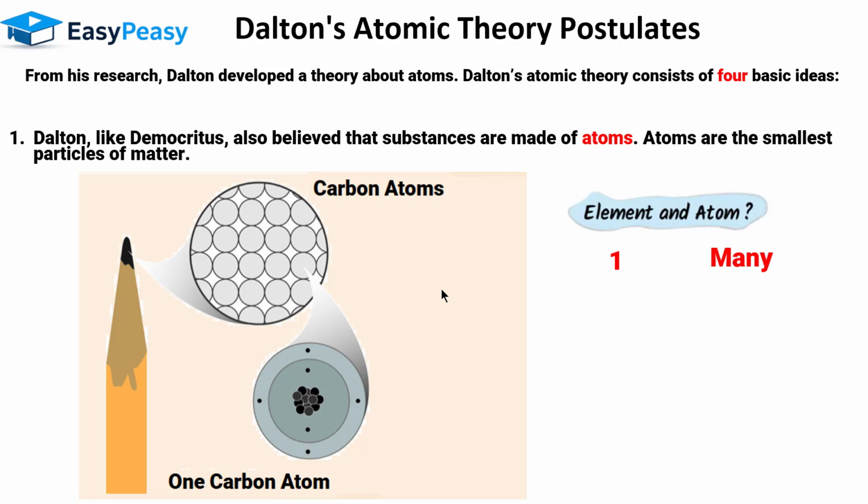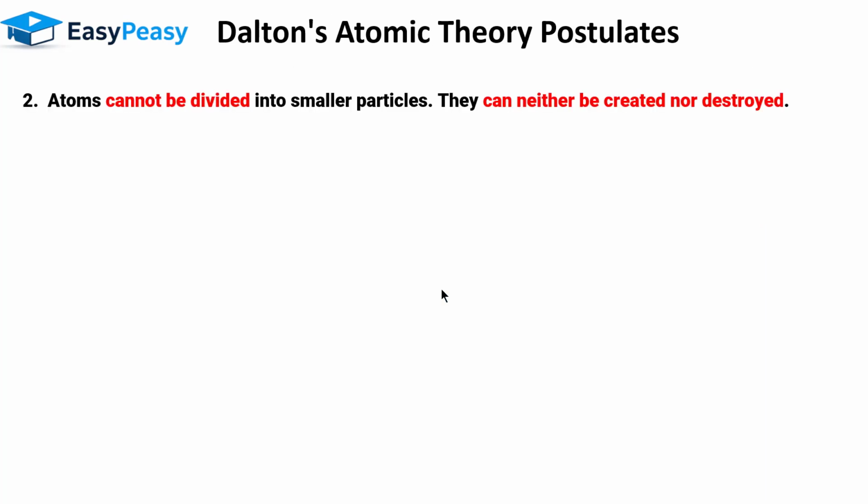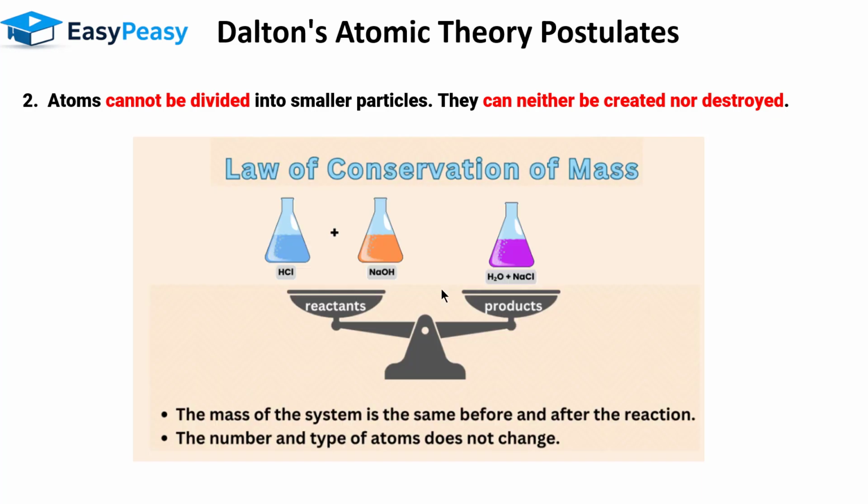Okay, the second postulate of Dalton's atomic theory is that atoms cannot be divided into simpler particles. They can neither be created nor destroyed. It is similar to the concept of the law of conservation of mass. The mass of the system is the same before and after the reaction, and the number and type of atoms do not change. Just like here, we have acid and base that are converting themselves into water and salt, but you can see that they are just rearranging their places, and overall the number of atoms does not change in